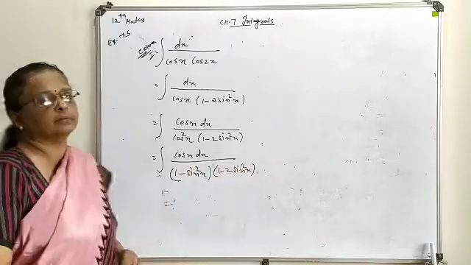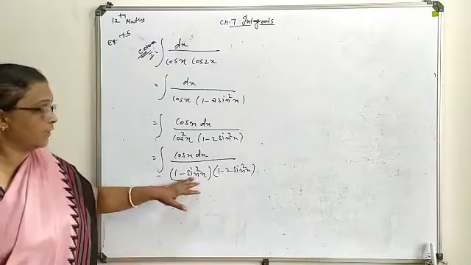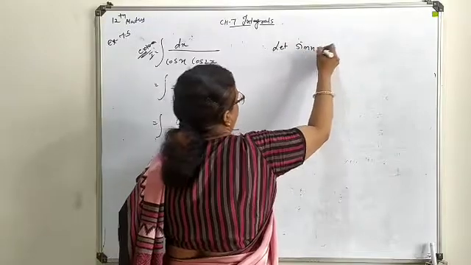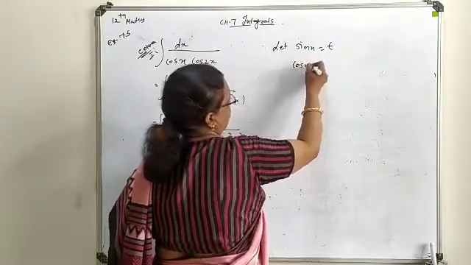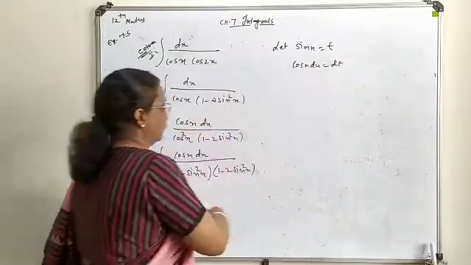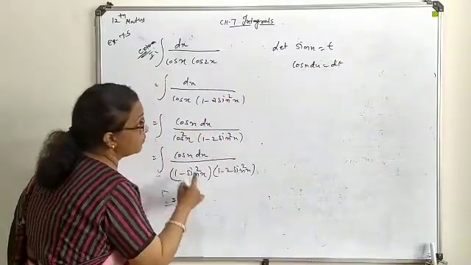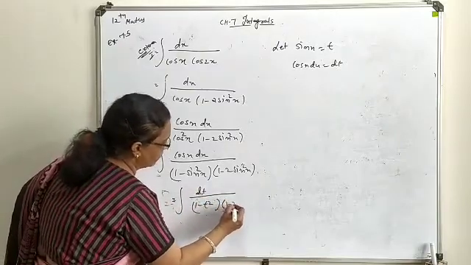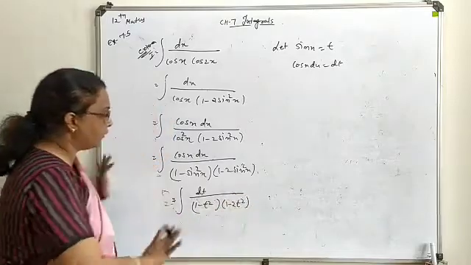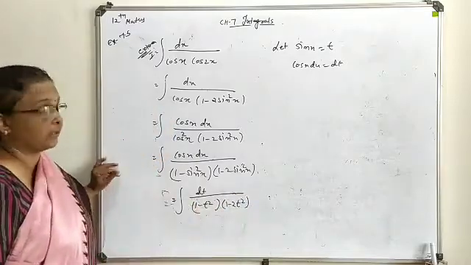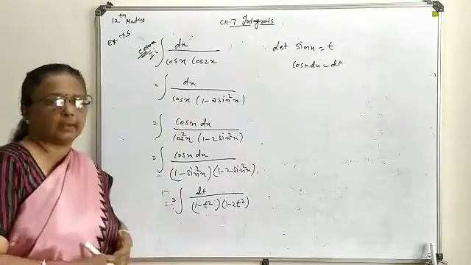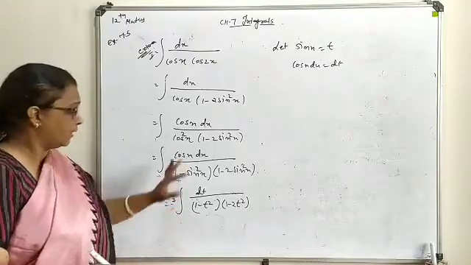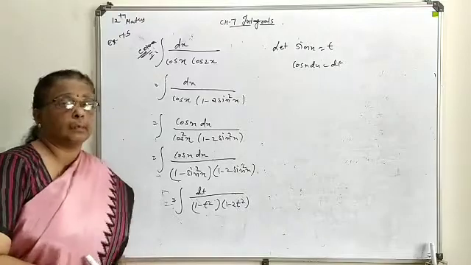Now your question is available for partial fraction after substitution of sin x as t. So let sin x be t, make it differentiate. So cos x dx as dt form. Now the whole question you will convert in the form of t as dt, 1 minus t square, 1 minus 2t square. Now here you see everywhere you are having a t square term. So now t square you can replace by another variable such as y or t1 or u or v, and then make it separate for a partial fraction.